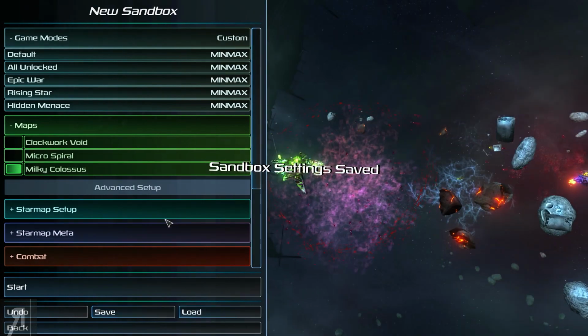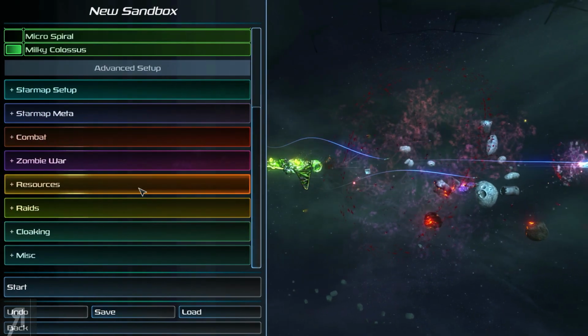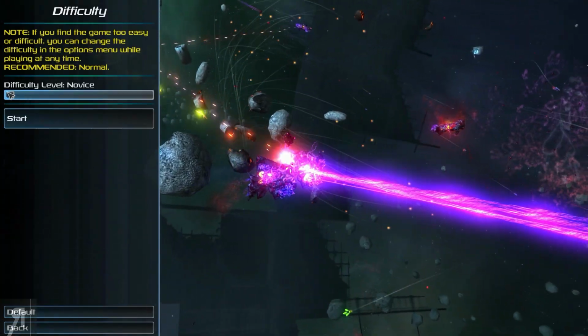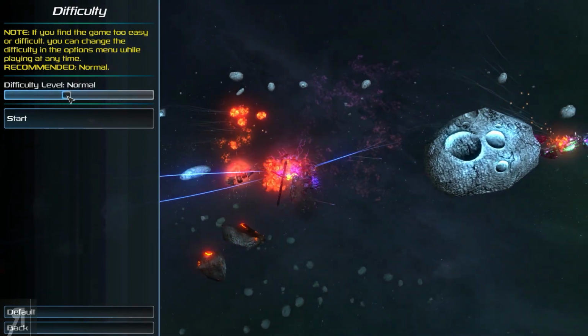Gonna save my custom settings, even though I haven't really changed much apart from playing on Milky Colossus, because I just wanted to show you most of it. Let's start. And, okay, so if you find the game too easy, you can change the difficulty at any time. Recommended. Okay, we're going to play on...